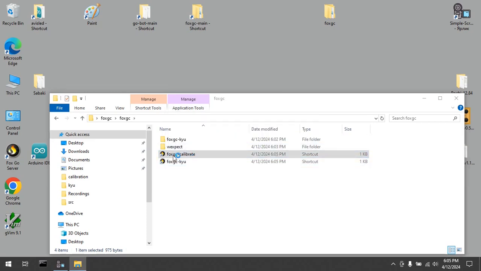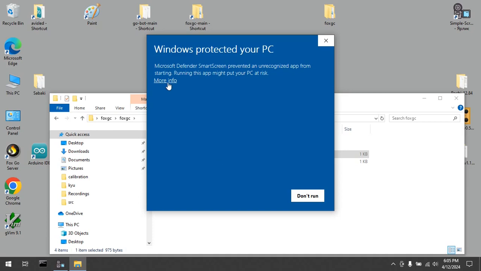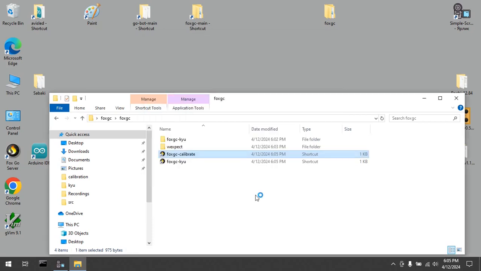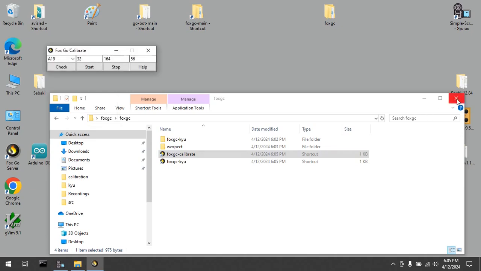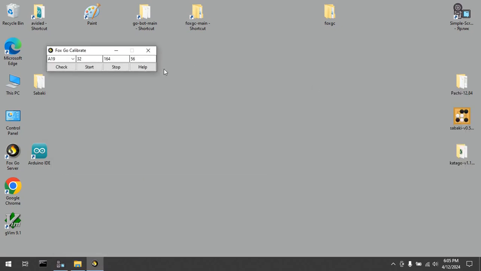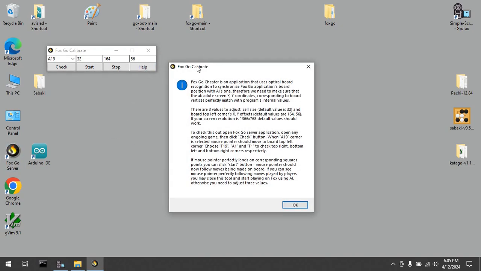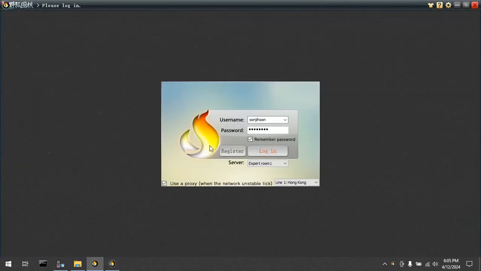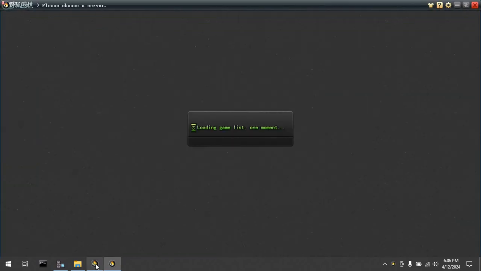So Fox GC Calibrate will create the settings.json file automatically. And here is the reason why you need to create that settings.json file and walk through the particular calibration process. So I now open the Fox Go server. While it's opening, we can read the help manual. Fox Go Cheater is an application